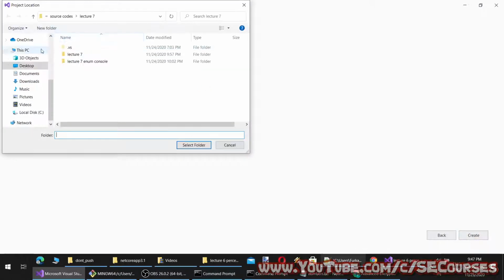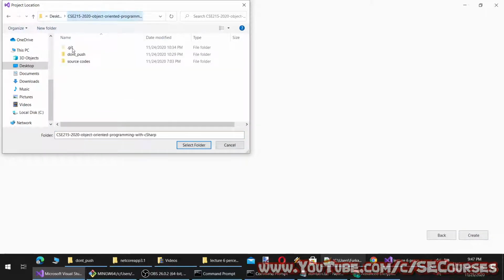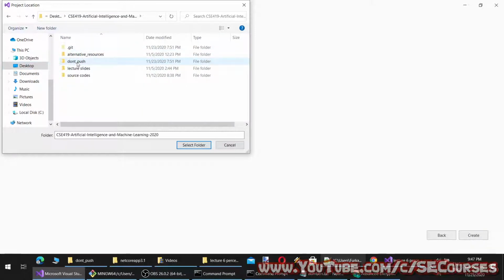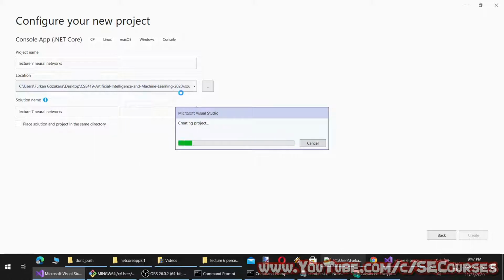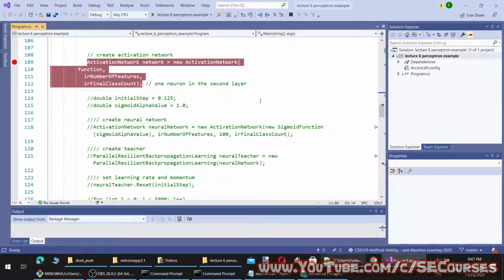Okay, lecture 7, and let's name it neural networks. However, with the same approach, you can utilize other algorithms as well, such as support vector machines, KNN, decision trees, and such, by using the Accord.NET framework.